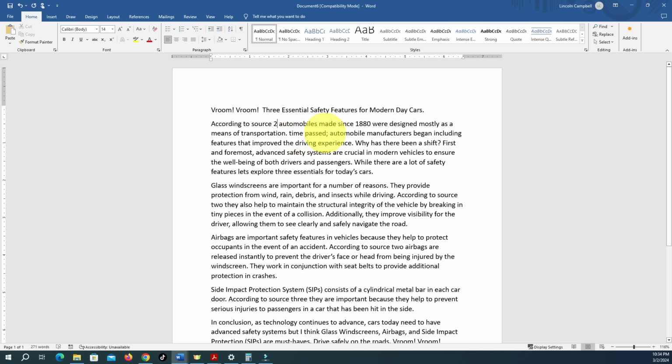Time passed, this is fine, right? Or you could just put a comma right here. Time passed, automobile manufacturers began including features that improve the driving experience. Nothing here, right? Why has there been a shift? We know that should be a question. And then we need to start with an uppercase. So first and foremost, comma,